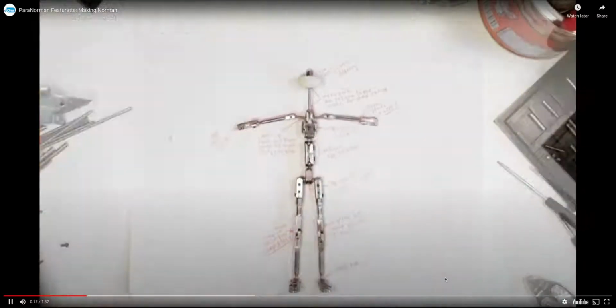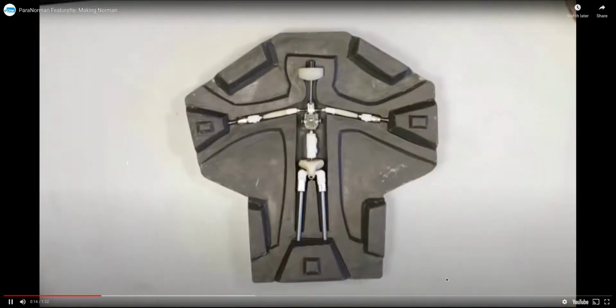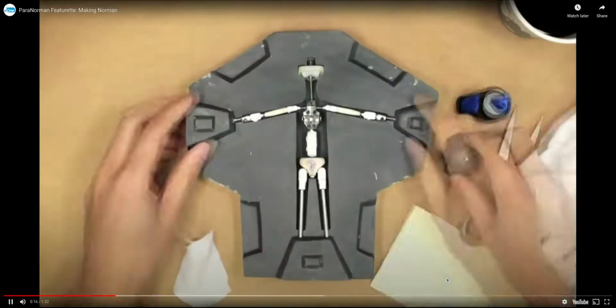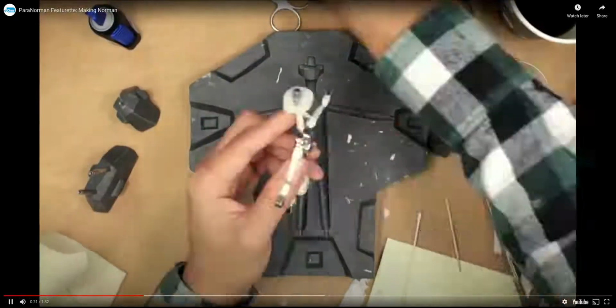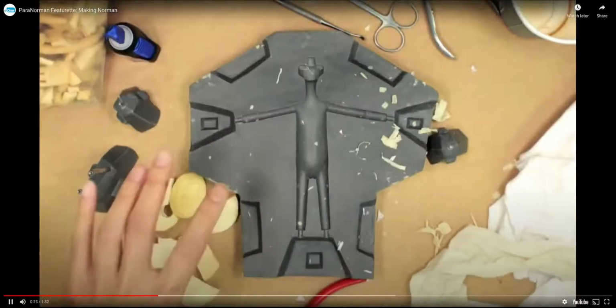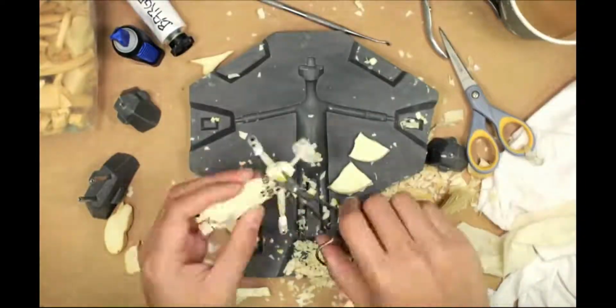So first they create their sketch. This is the internal skeleton or the armature. Got lots of different joints in there so they can move it, make tiny, tiny adjustments to the movement.